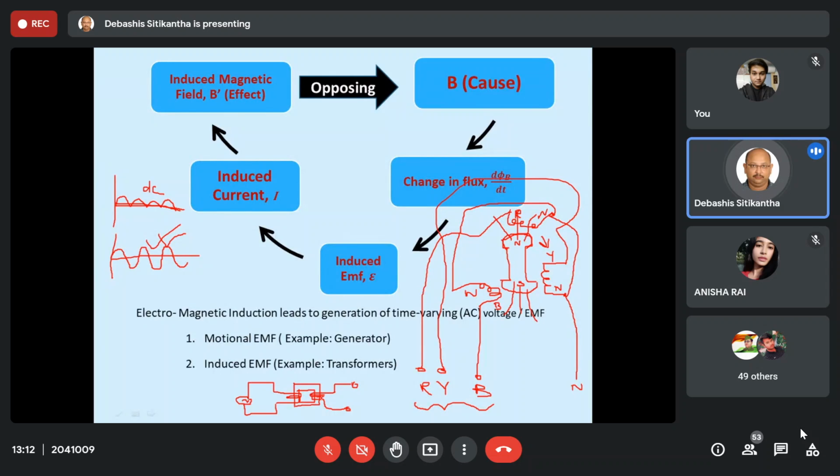So these are wound over an iron core so that the magnetic flux can move through this core. Now, when you start applying an alternating current, it is going to flow through this primary coil because this is a closed circuit. So when this alternating current flows, naturally it is going to produce an alternating magnetic flux. Alternating flux means it is a changing magnetic flux. That means it is time varying.